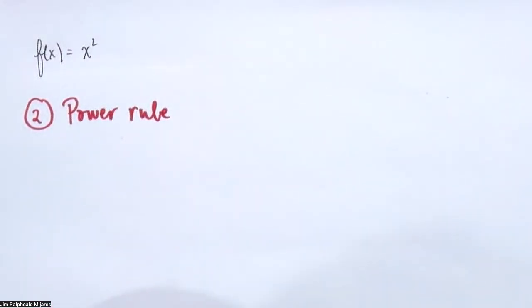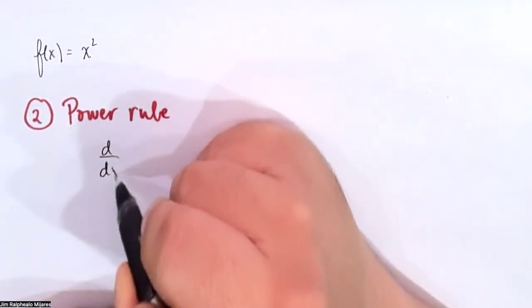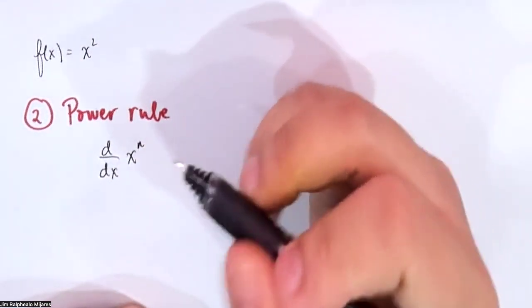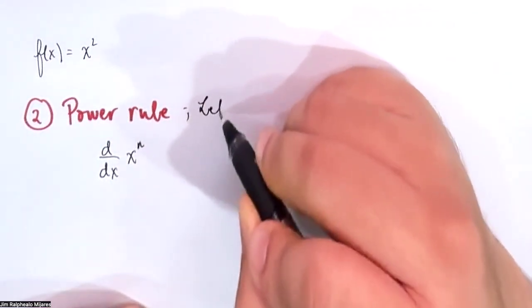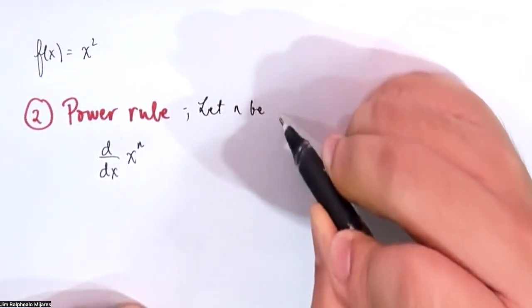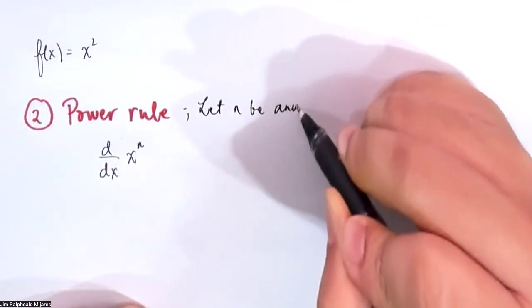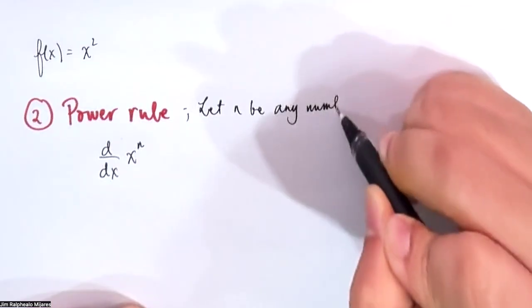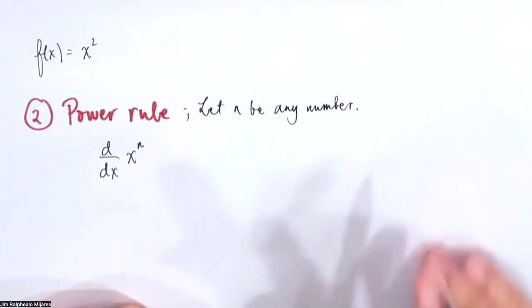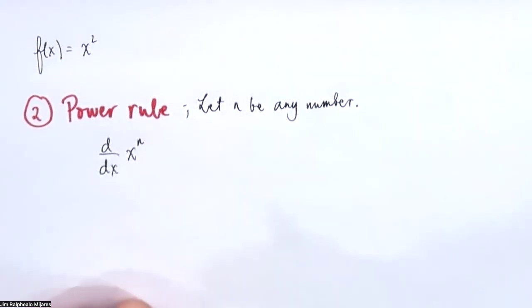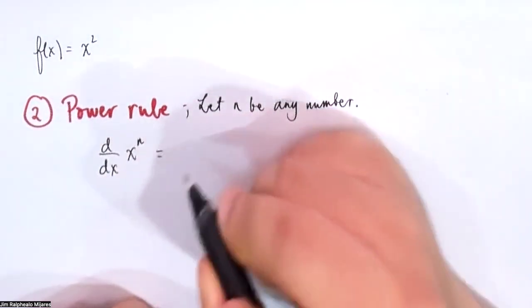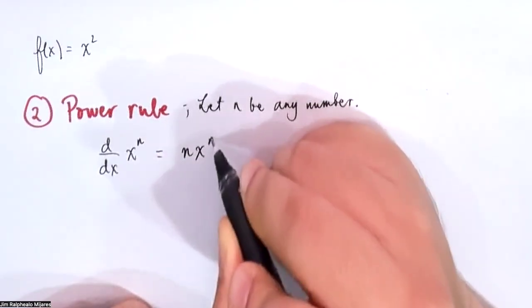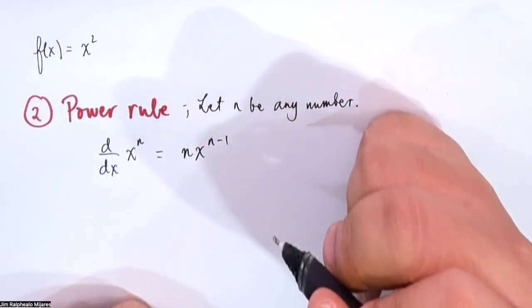Okay, what is the power rule? The derivative of x to the n. So let n be any number. Okay, n is any number. n can be anything. The derivative of x to the n will be n times x to the n minus 1. Okay,